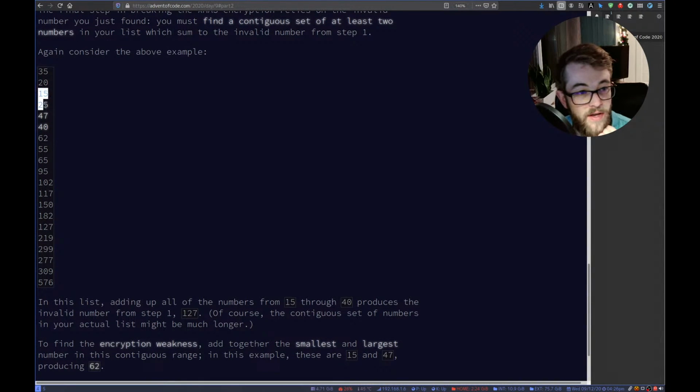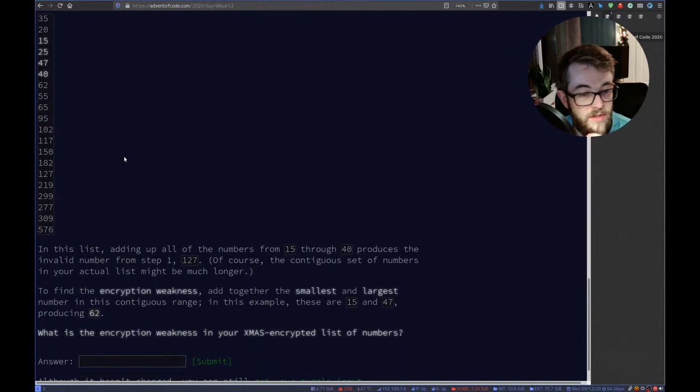Right, so we need to find a sequence of numbers that sum up to the invalid number. To find the encryption weakness, add together the smallest and largest number in this contiguous range. In this example, these are 15 and 47. Smallest and largest as in numbers. Producing 62.